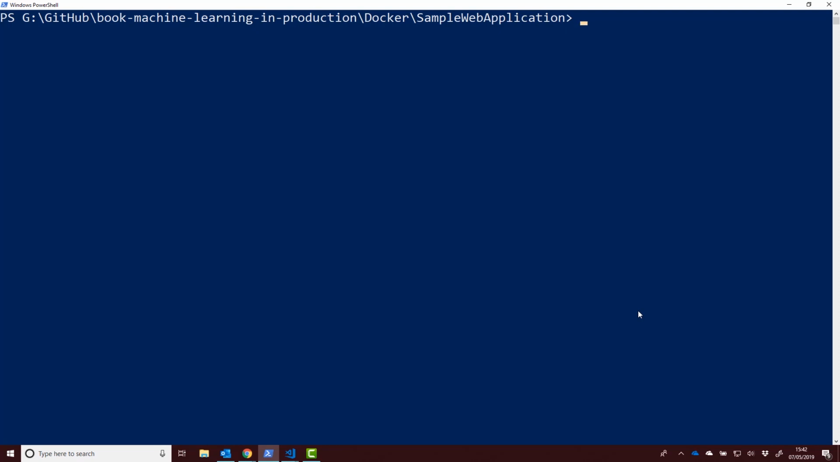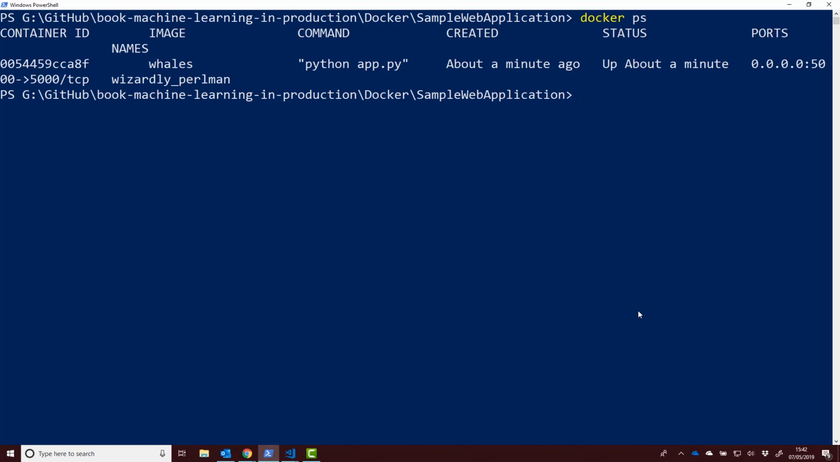So what I can do is, if I run docker ps, you can see that Wales is running. Now if I want to stop that, I can write that out as I did before, or what I can also do is just write out a little handy snippet, which is this: docker